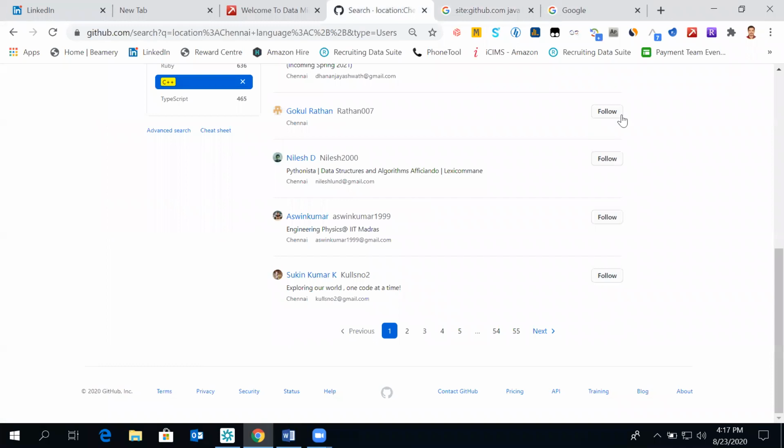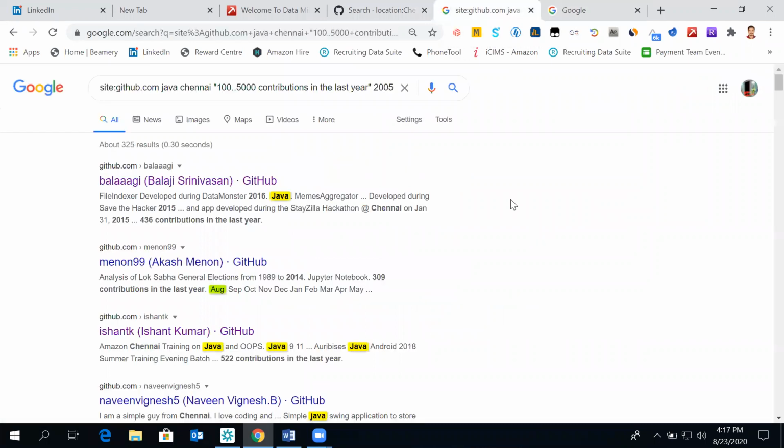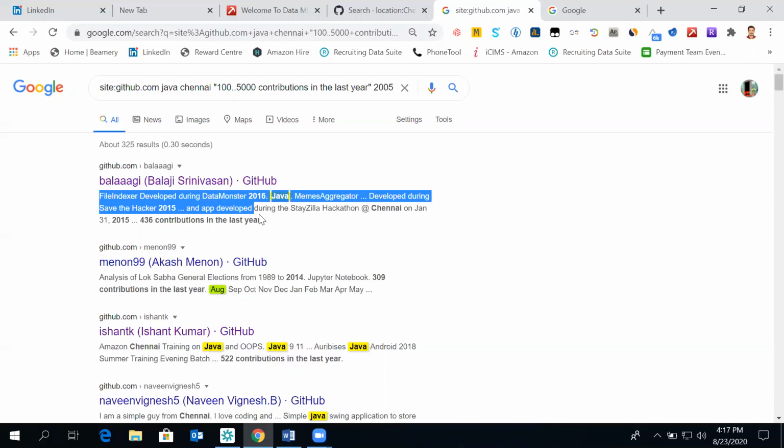Okay, so now coming back here in a direct search, because what happens is when we scrape from Google search results, we'll be able to scrape only these two parts. We'll not be able to scrape this snippet, because the snippet gives us, from the entire page, a paragraph or a sentence where our keywords are matching.